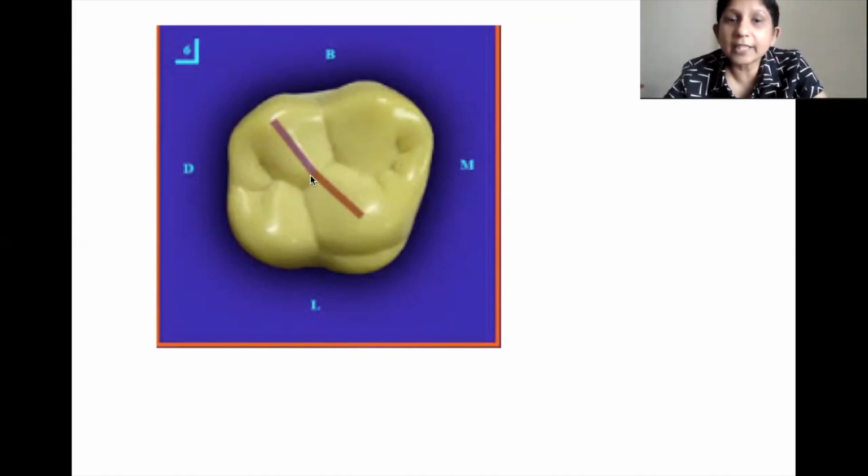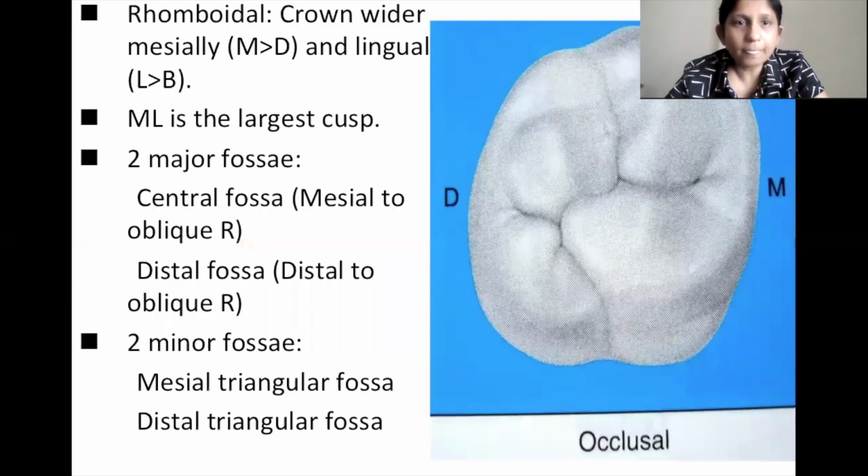And there's a small groove which basically crosses the oblique ridge. That's called the transverse groove of the oblique ridge. And here you can see the fifth cusp. That is your cusp of Carabelli. And you can see a small groove which separates the cusp of Carabelli from the mesiopalatal cusp. So I've already told you these points, that mesiopalatal is the largest cusp, and there are two